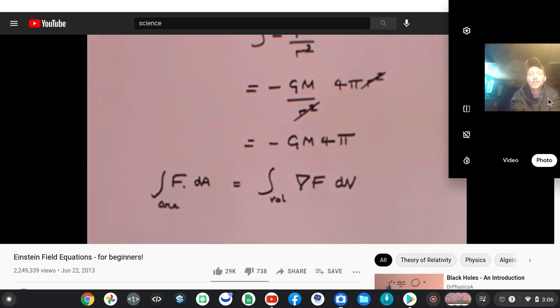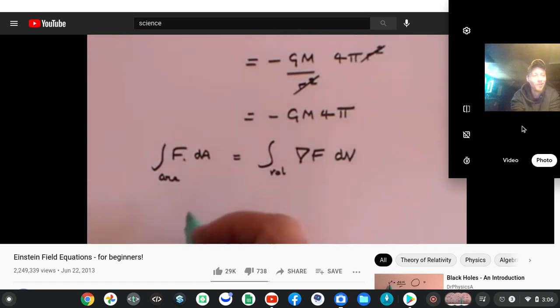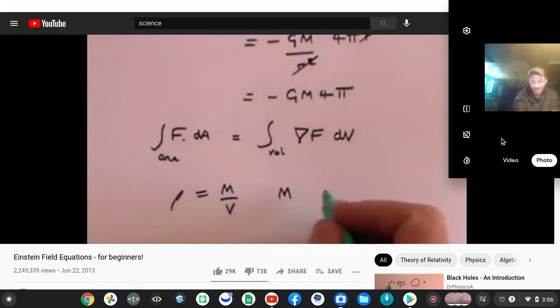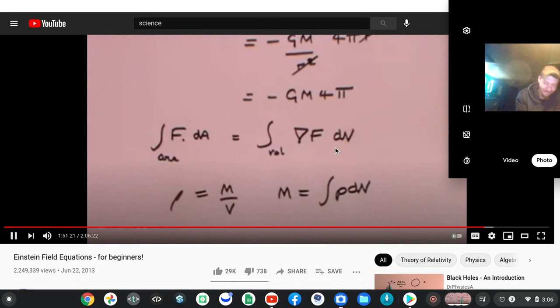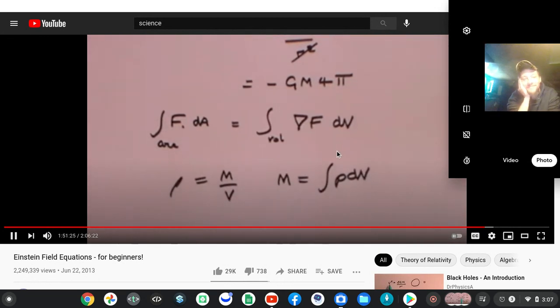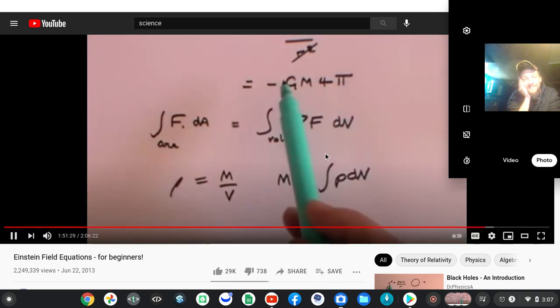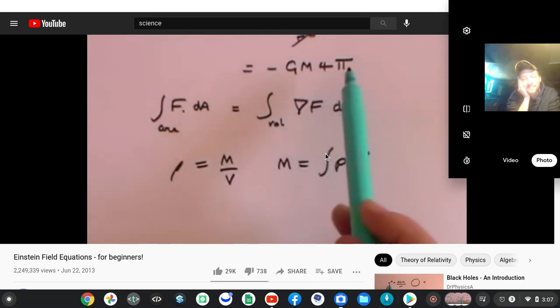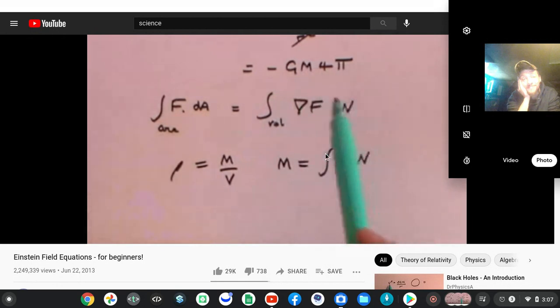I also just want to remind you that density is mass divided by volume, and that therefore you can say that the mass of an object will be the integral of the density with respect to volume. So now I'm going to take F dot dA, which we calculated to be this term, and set it equal to this term. So you've now got that F dot dA is 4 pi G times m, or more accurately minus 4 pi G times m,